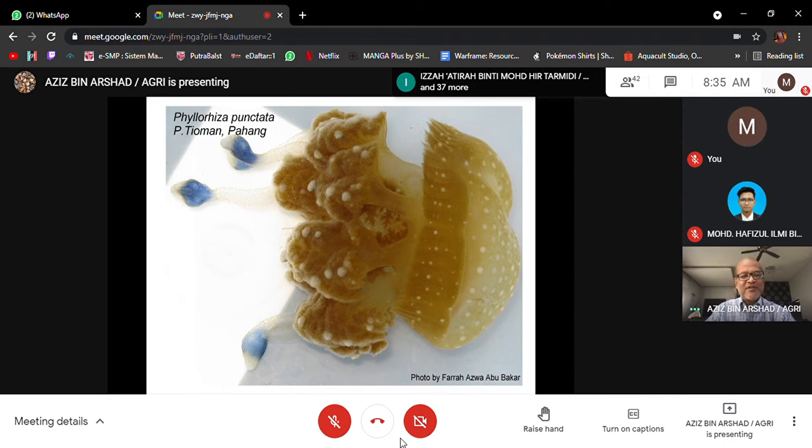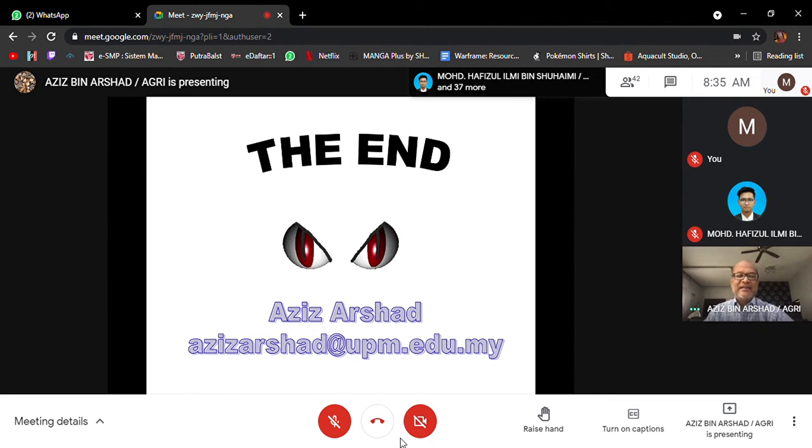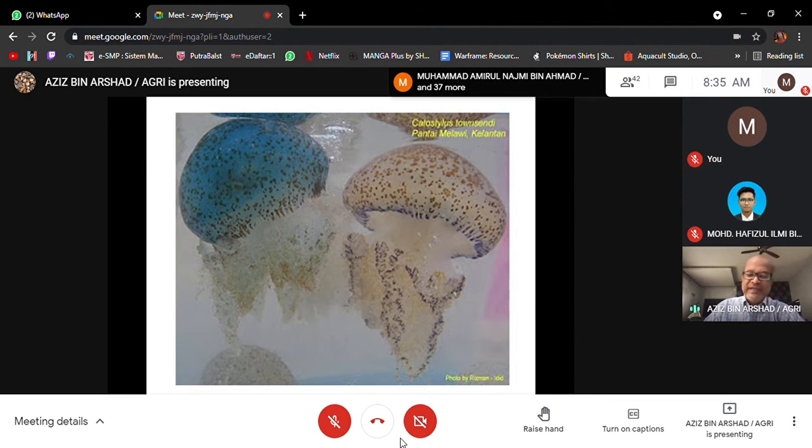And this one is Phyllorhiza punctata, and it is not a dangerous jellyfish as compared to the Chironex. And this is Catostylus from Kelantan waters. And that's all for the